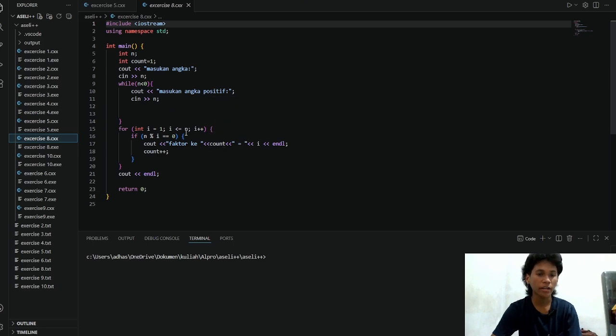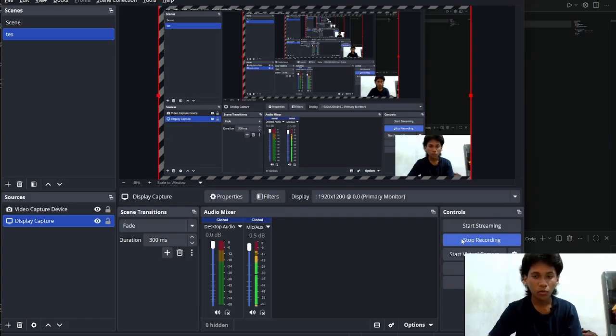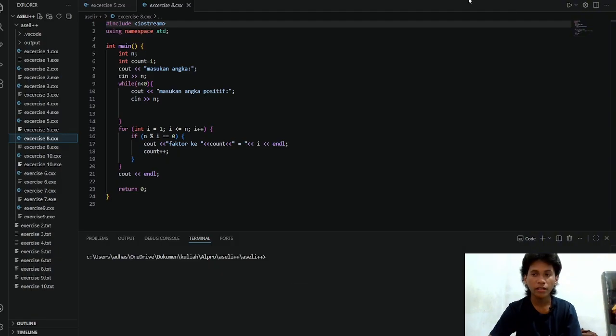We use count as 1, and then we print out the i as the divisor of n, and then we use count plus plus, so the loop starts all over again, and then we print out a new line for that. So we are going to start running. We are going to try to run the code.